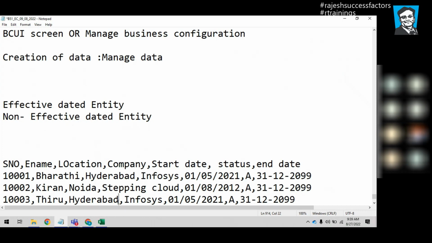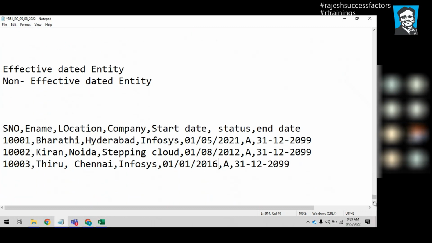Thiru is working from Chennai, from Infosys, from some sample date. Let's say he's working from 2016. Exactly. So now see here, this is the employer record. Listen, this is very, very important. I'm laying a foundation. Okay. Now, if I say